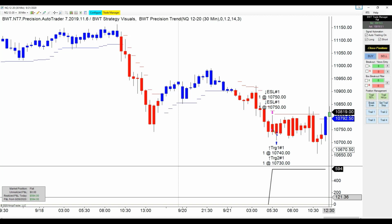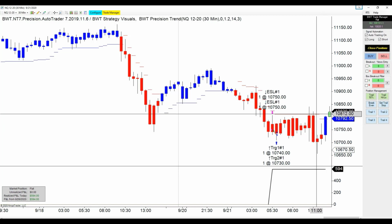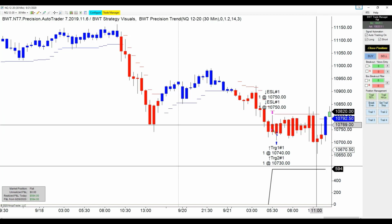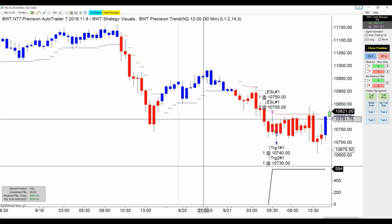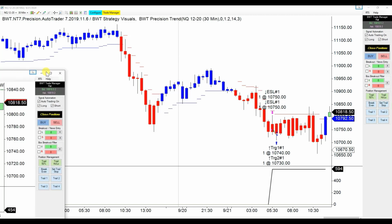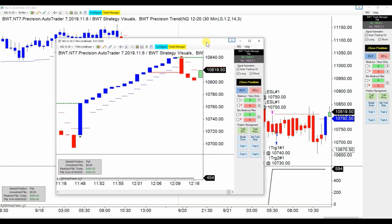So actually, I'll be more than happy if the Autotrader takes a long here, but it would first need to pull back quite a bit for this long to take place. And well, a new chart I'm trying. I'm finally learning, I'm still not sure if I have it, but I'm learning how to make a line break